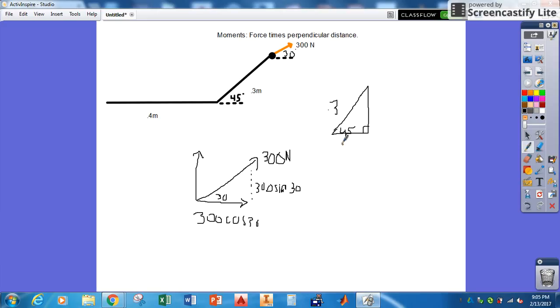Now we need to solve for both of these sides. The easiest way is another SOHCAHTOA problem. So you can do sine of 45